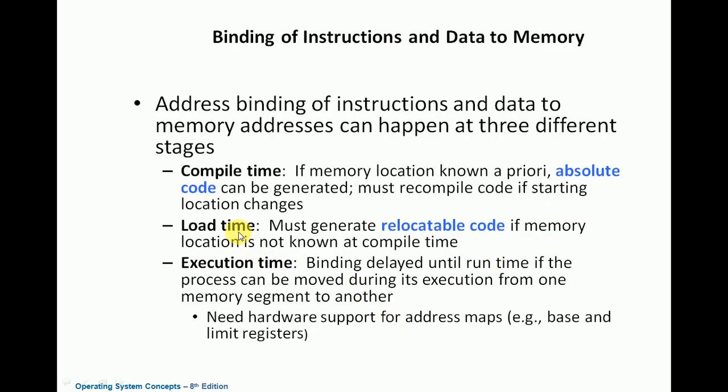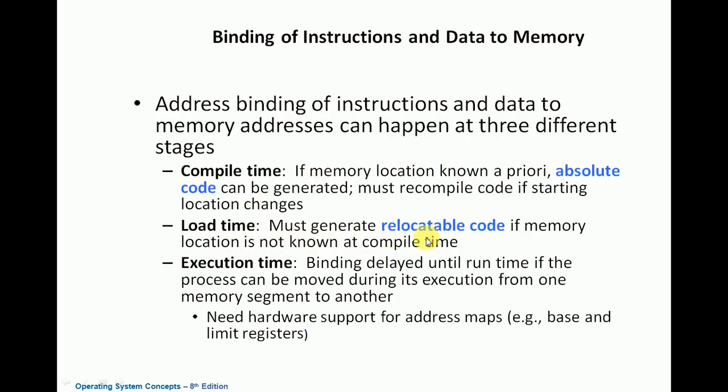The second one is load time. Here, the addresses generated by the compiler are not used during loading the program into main memory. For example, if the compiler generates a starting address of 000, that program may not be loaded at the same starting address 000, because at address 0 in the main memory the operating system is kept. Now we have to relocate that program in the main memory. At a different location we have to store the program. So at load time, the program relocation will be done here.